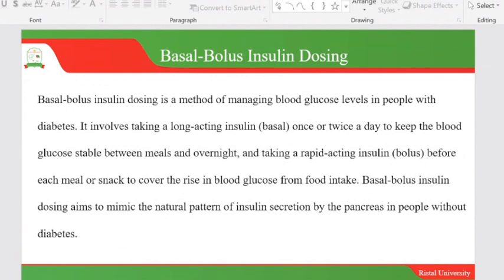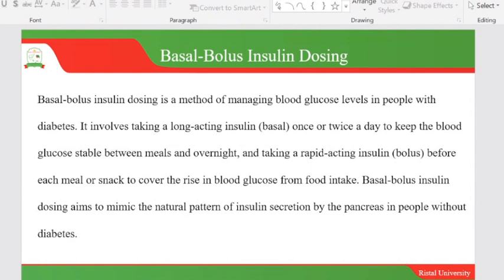So the basal bolus insulin dosing is a method of managing blood glucose levels in people with diabetes. It involves basal insulin once or twice a day to keep the blood glucose stable between meals and overnight, and taking a rapid acting insulin or bolus before each meal or snack to cover the rise in blood glucose from food intake. So there is always that allowance to make sure that even if the person eats and the glucose levels rise, it is covered for, so that the person does not go into